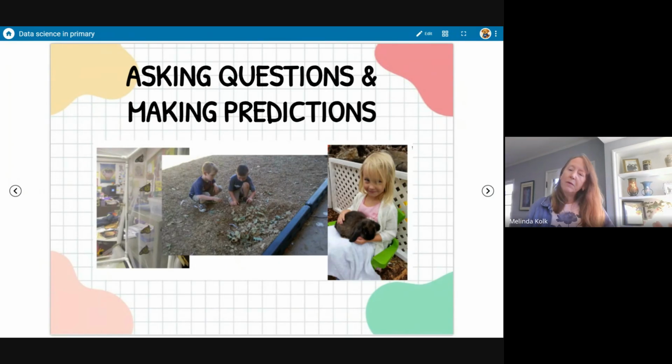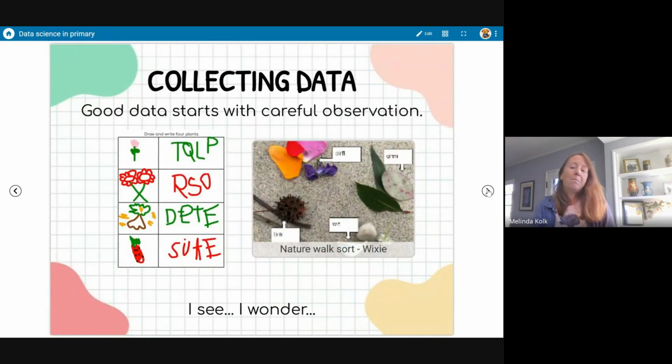So apply it wherever it makes sense within your curriculum, because it can be applied in a lot of different places. It's not just a math thing. I think it's a great one with science. Let's imagine we go on a nature walk. We can't collect data if we're not paying good attention, if we're not attending to precision to be able to see that. But it might even be something like, I just did, draw and write 4 plants on that.